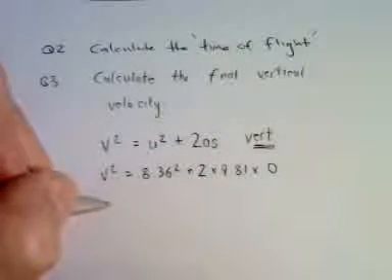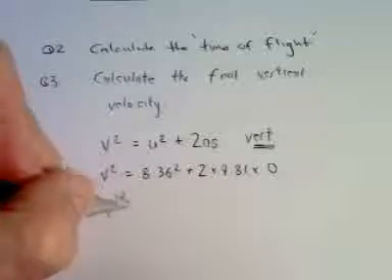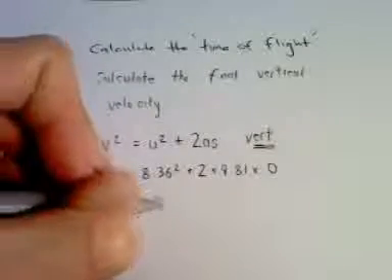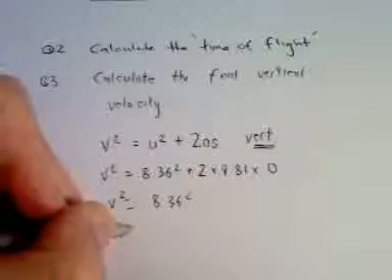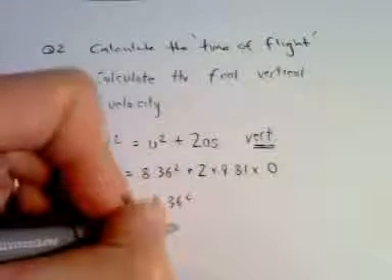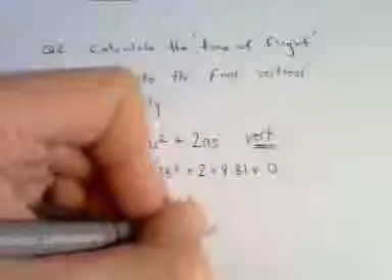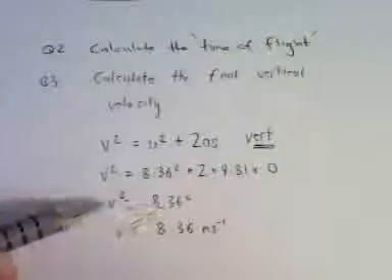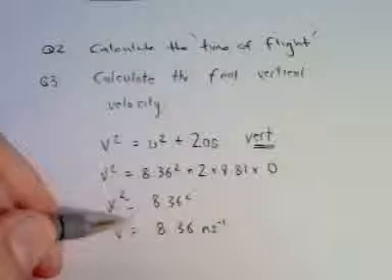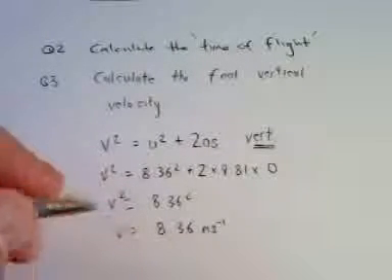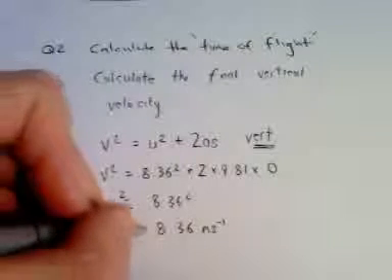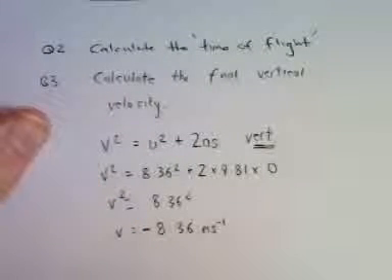So we find that v squared is equal to 8.36 squared. So it seems fairly straightforward to calculate v then. V is just going to be 8.36 meters per second. We square root both sides here. But we have to be a little bit careful because it could either be plus 8.36 or minus 8.36. And with a bit of thought we can see it would be minus 8.36 since the projectile is going to